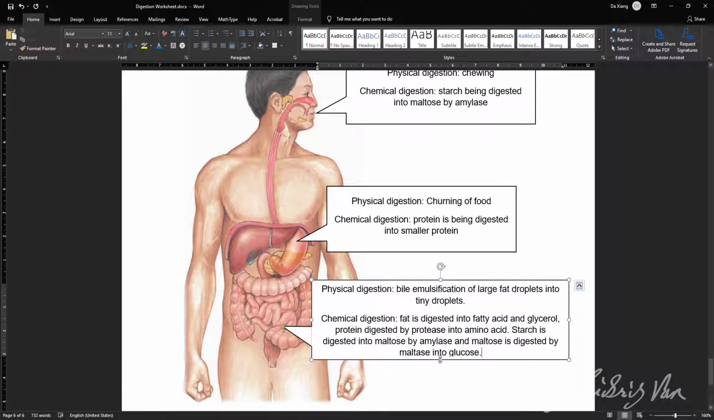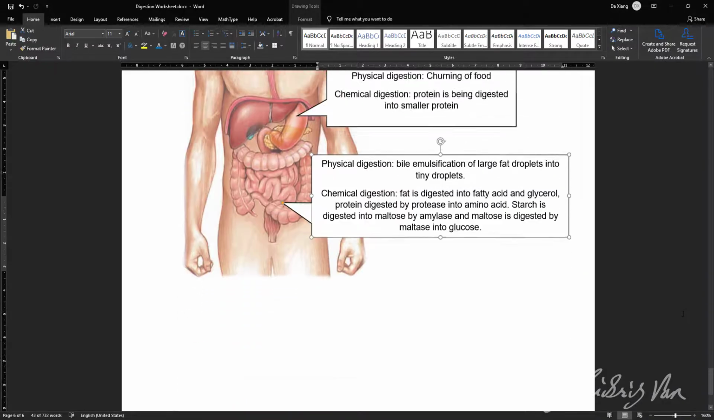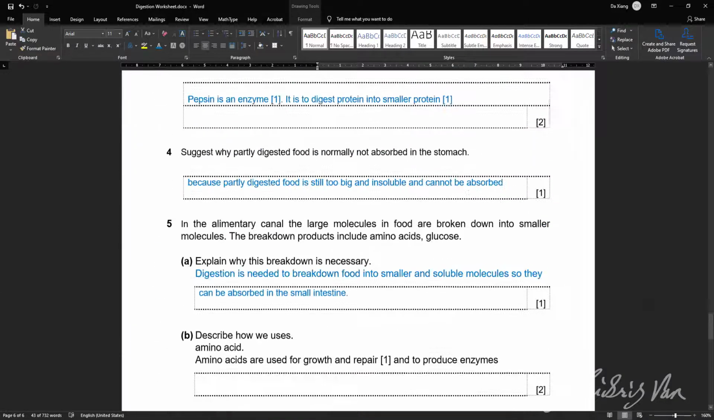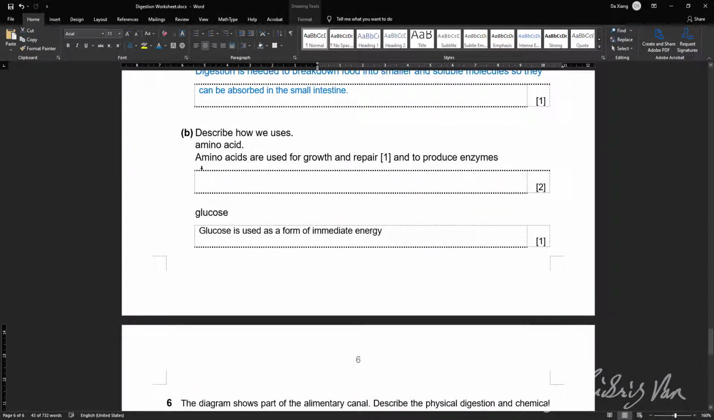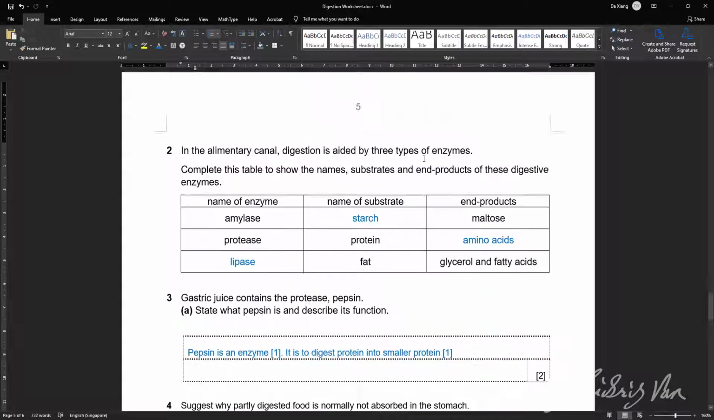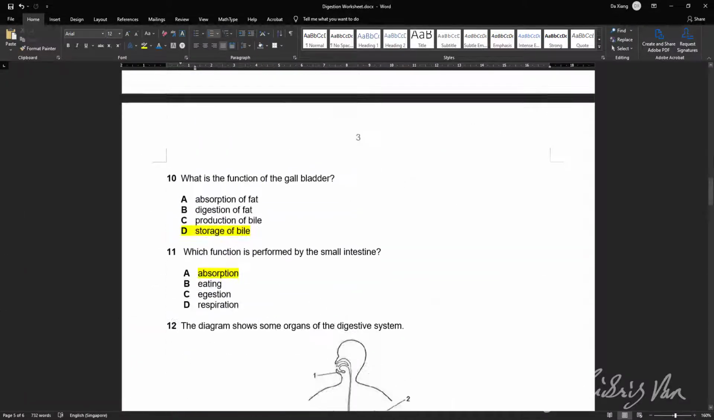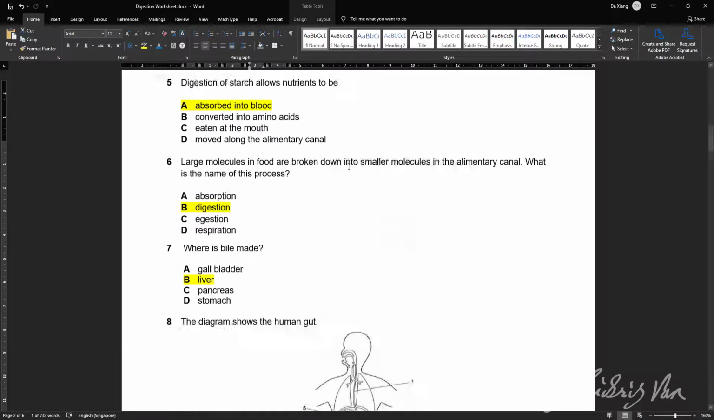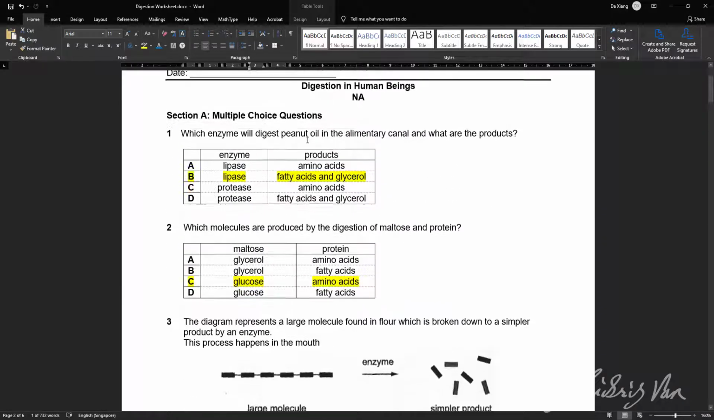Yep, so these will be all for the worksheet of digestion. And of course, sorry for the few errors. So what are the errors? This one we need to change. And also this one we need to change. And finally, the starch was originally here, changed into maltose. Alright,